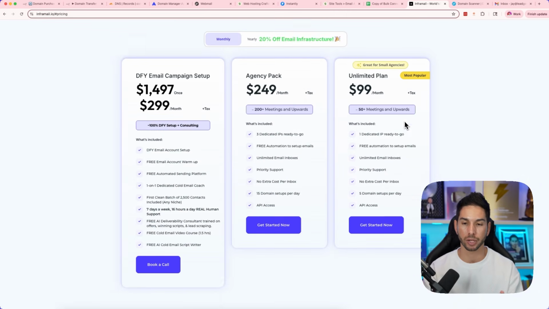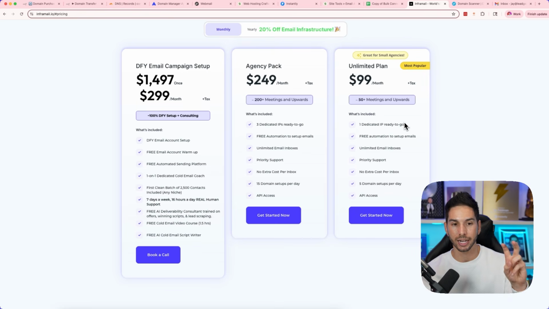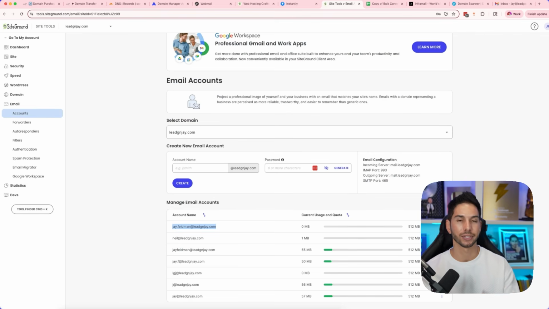I definitely don't recommend this being your only solution, because there is a real chance that your IP reputation drops and now your entire cold email system stops working. And that's not just a risk with using things like SiteGround. That's a risk with any of these platforms where you can get an IP address and set up unlimited email accounts. This is only for those that have a lot of experience and want to save some money on scaling